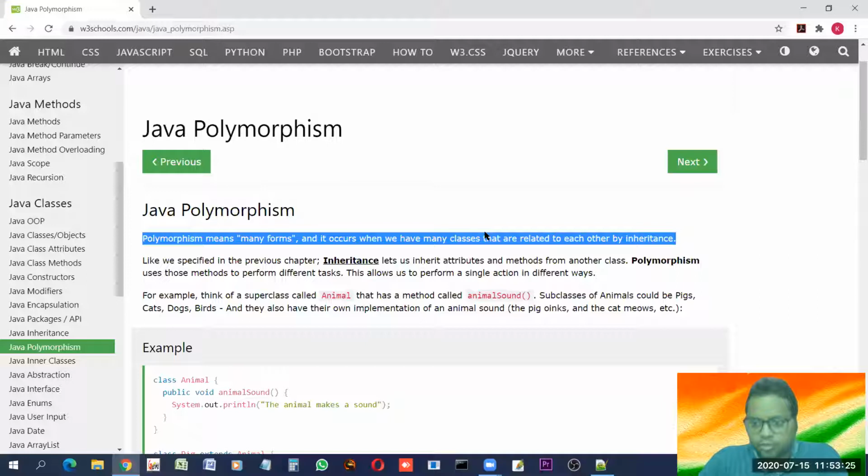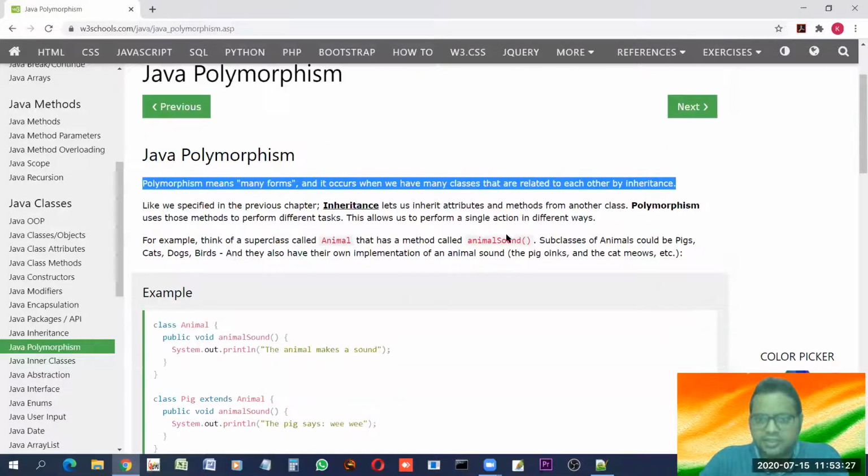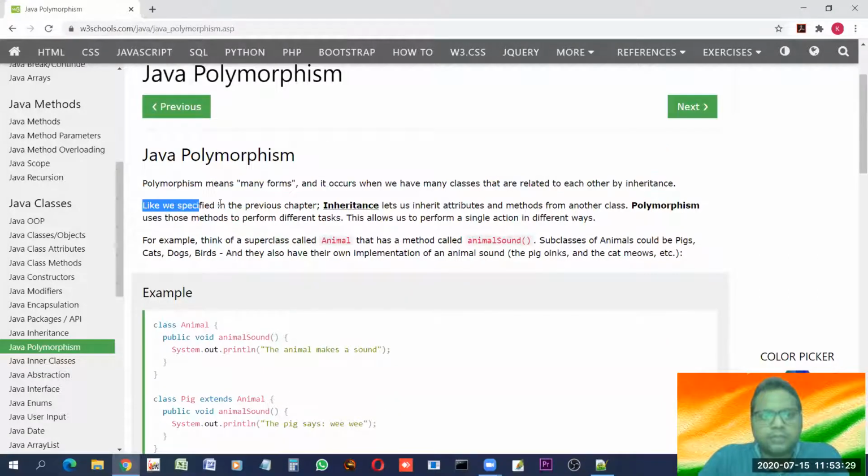But those things we'll see when we see inheritance in detail. Like we specified previously, inheritance lets us inherit attributes from another class. Polymorphism uses those methods to perform different tasks. Yes, the same way. I'm telling you again, when you see inheritance, we'll see these things in detail.